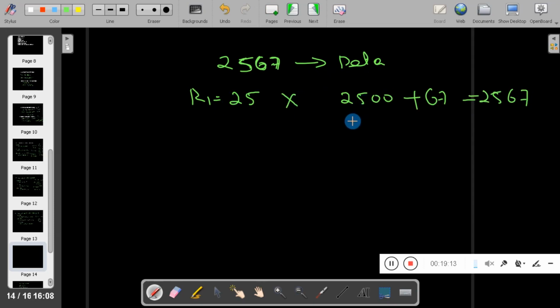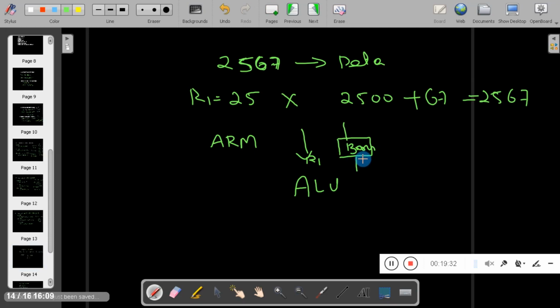Now the architecture of ARM: the ALU gets values from two sources. One is directly from the register and the other one is through the barrel shifter. What is the purpose of the barrel shifter? The barrel shifter does the shifting operation used in indexing.